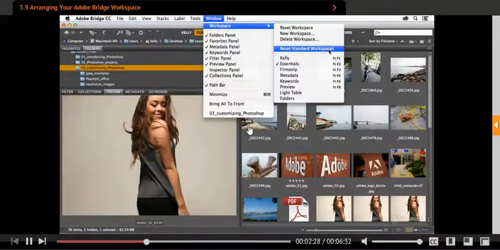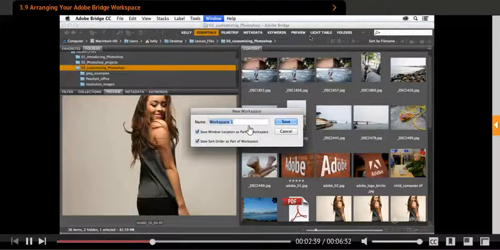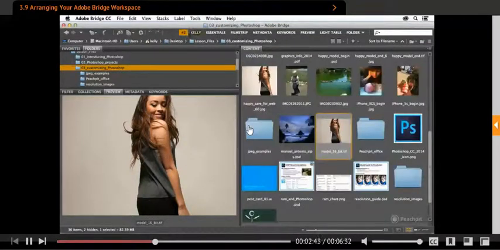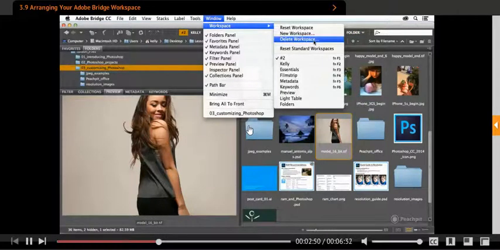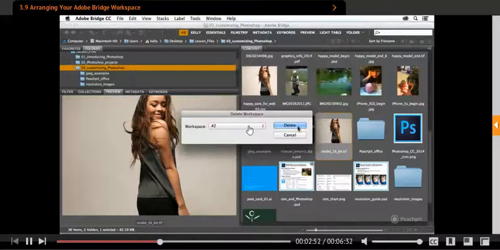In fact, once I got my panels arranged this way, under Window, Workspace, New Workspace was how I created the Kelly workspace. So if I were to do that again, let's just call this number 2 and hit save, it pops up on my workspace switcher. I don't need it any longer, so I could choose Window, Workspace, Delete Workspace, and delete number 2,